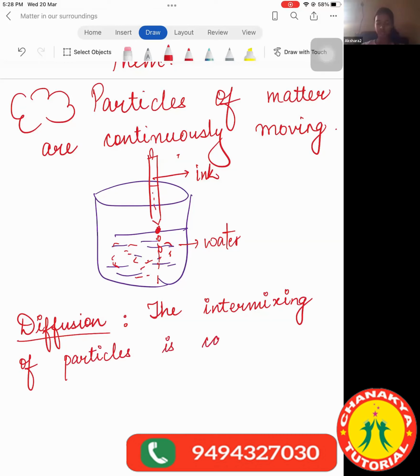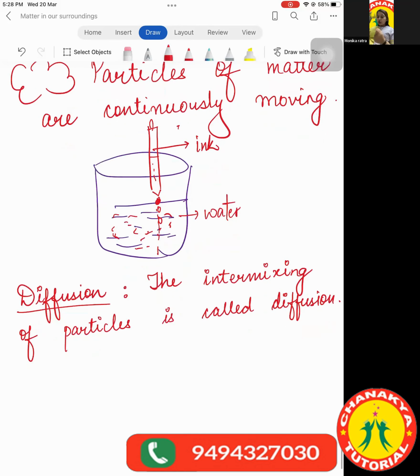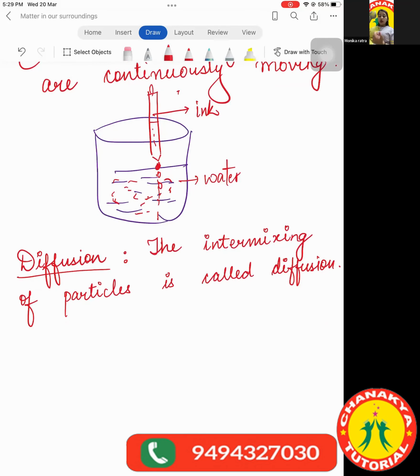The intermixing of particles is called diffusion. So what does this term mean? That the mixing of 2 or more particles with each other is called diffusion. This is the definition which we study in chemistry. Whereas what you will study in biology, or might have already studied, is the movement of particles, and I'll tell you how both of these make sense also. The movement of particles